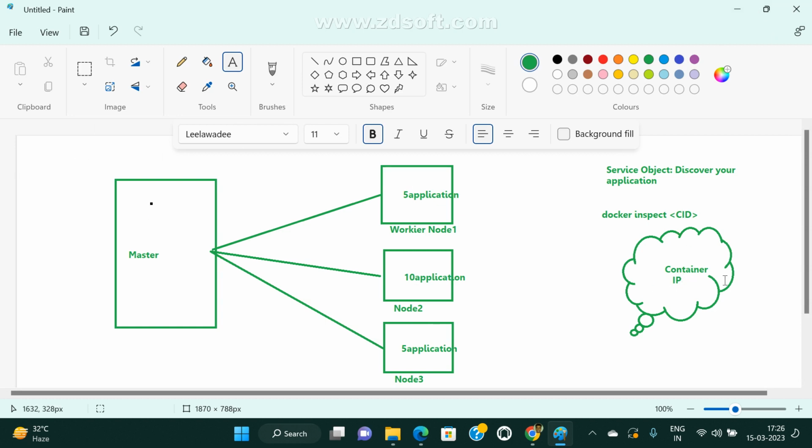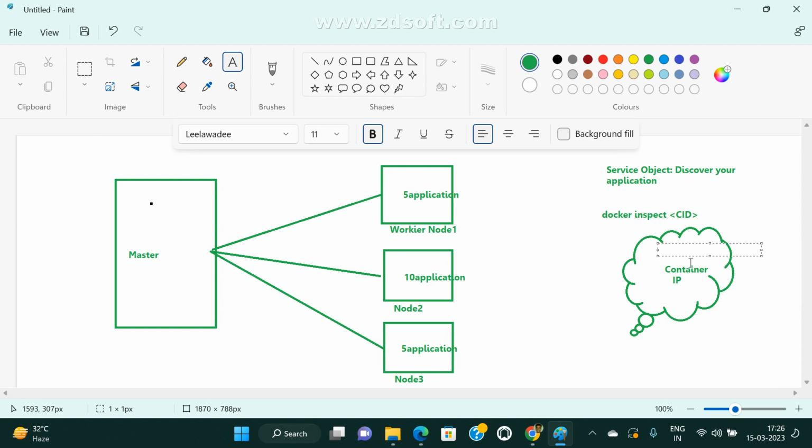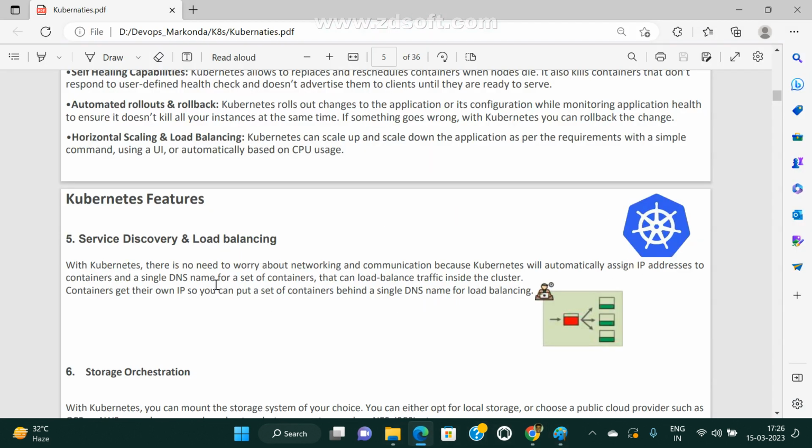Each pod has one IP address. A pod is the smallest runtime instance and takes care of your containers. Inside the pod, containers are running. That is the hierarchy, and with the help of the pod IPs, all are connecting to each other.